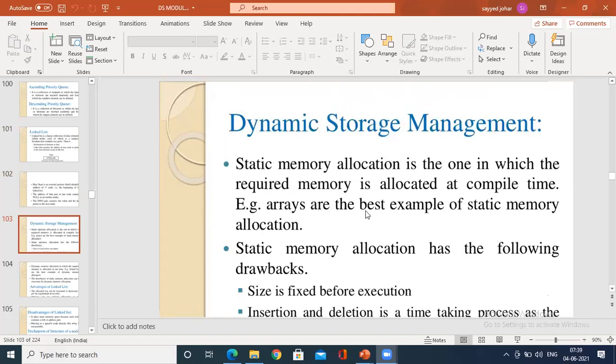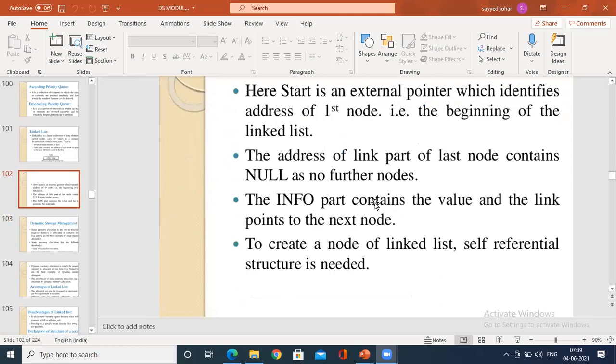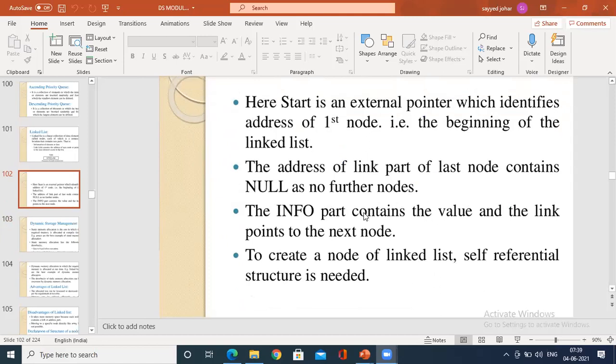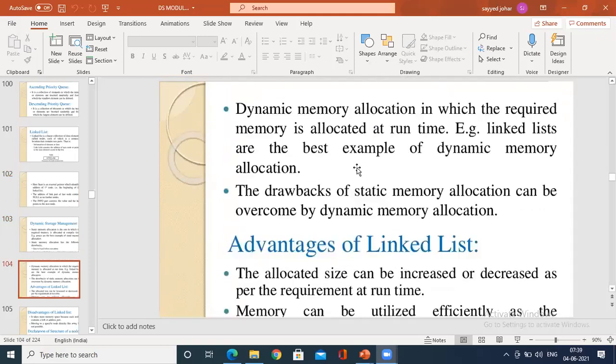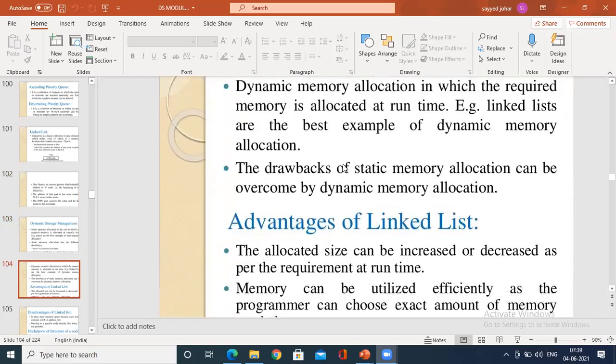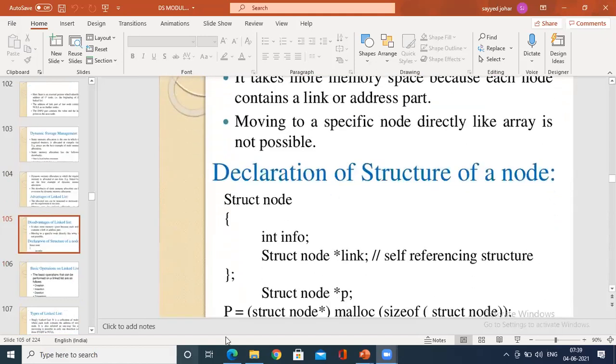So coming to the concept of dynamic storage allocation, linked lists are very much useful in dynamic memory management. So what is dynamic memory management? It is utilizing the memory at runtime, that is, during execution, which reduces the consumption of memory. Let me go to the theoretical part as per the syllabus. Whenever we need, we'll switch over to the PPT to discuss the advantages, disadvantages, how you declare, and all those things.